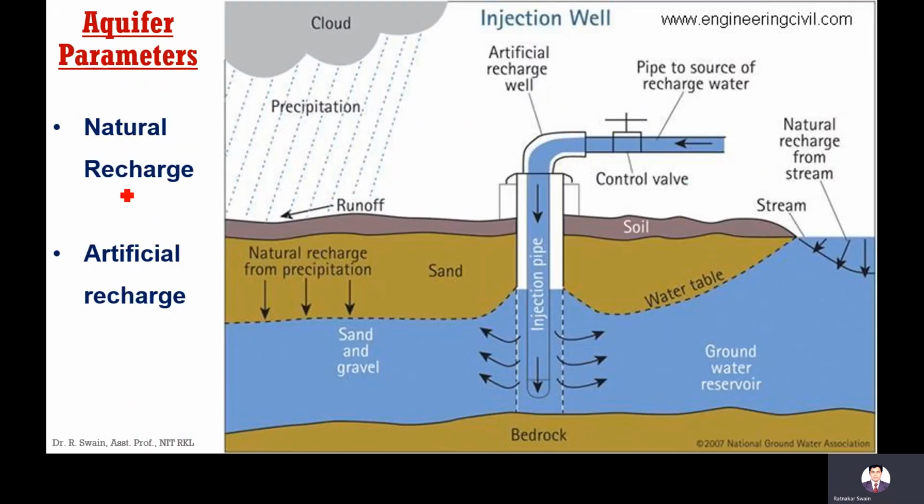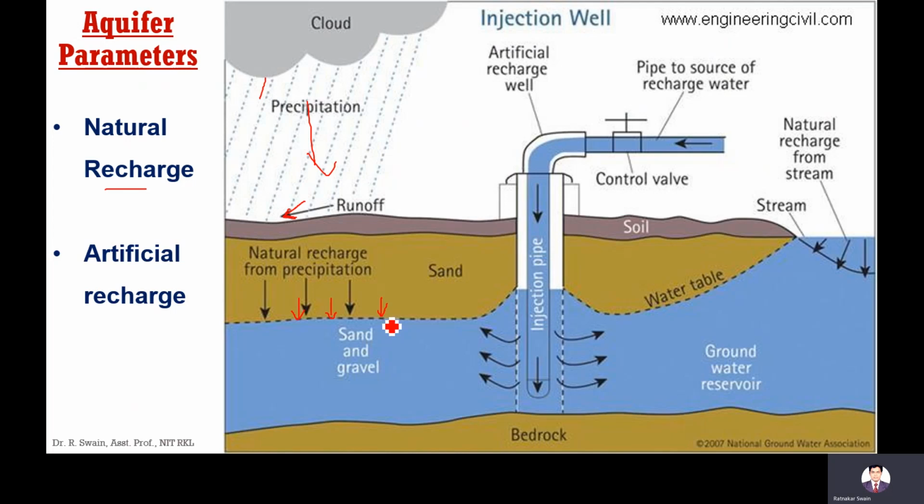And this recharge can be natural and artificial. If there is rainfall, the rainfall water falls on the surface of the earth, and this runoff water, gradually due to infiltration, the precipitation water joins the water table, which is natural, so it is called natural recharge. So the flowing of water to join the groundwater table naturally